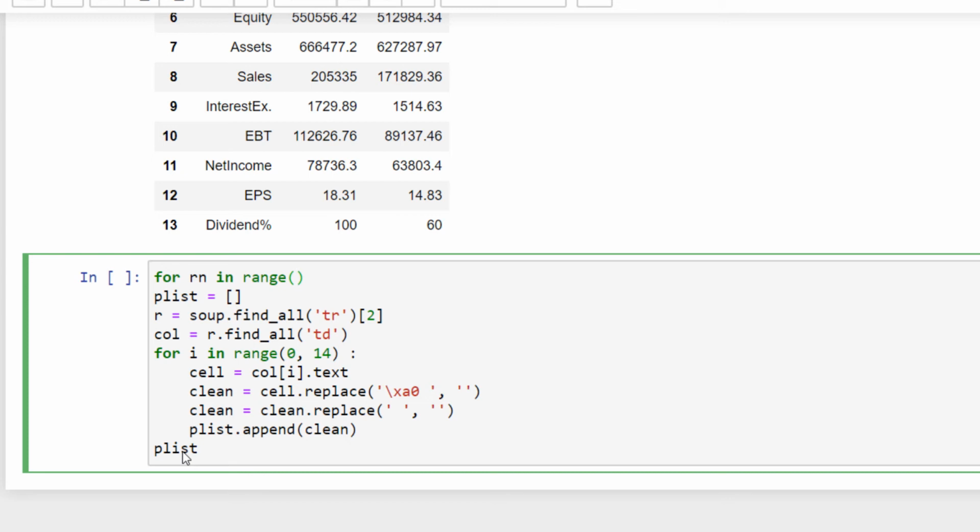So if I want to keep the previously created data, my loop will start from row number 3 up to 11.